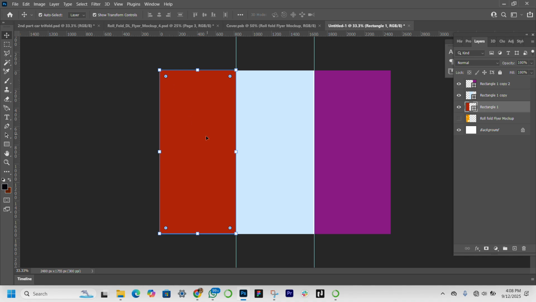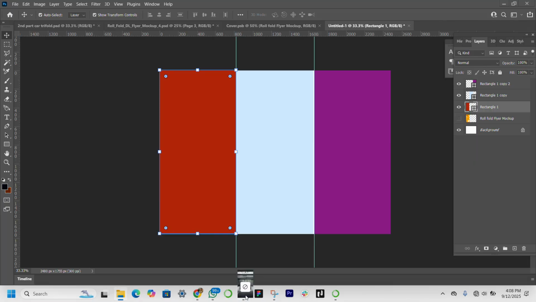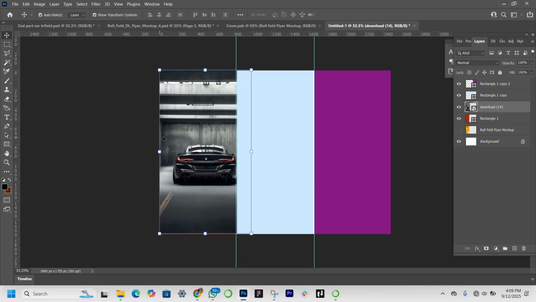So I head over to my downloads very quickly. So I bring in this, this is the one we'll be using for this page. As I told you, this is page 2, page 3 and page 4. So I'll just hit enter. The second page was always there is about us, so I'm just going to head over to my tool, then